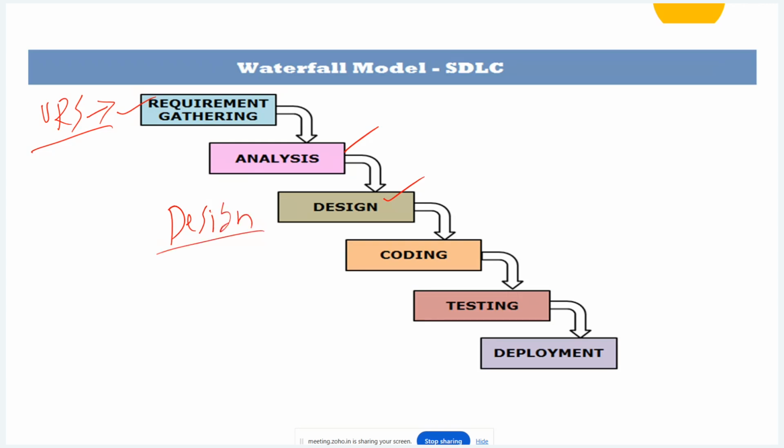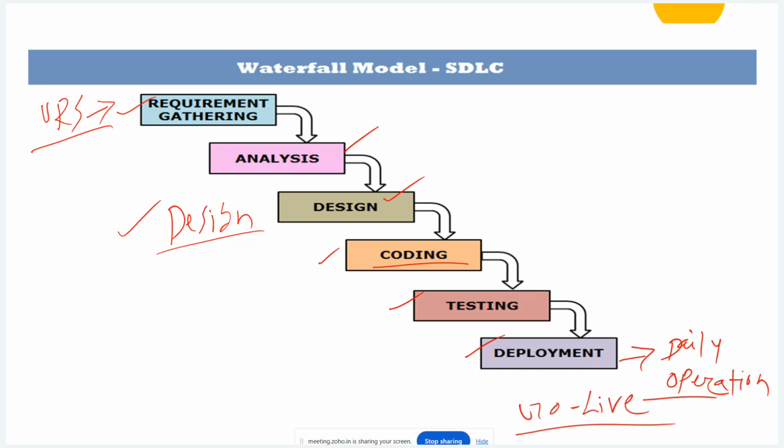Designing of the software. If you're okay with the design, he will code the program. Software will be coded, software will be developed. Once your software is developed, there will be testing of the software. If testing is successful, you can deploy the software. Deploy means release the software and use it on a daily routine basis, daily operation. That is called deployment or go live, the technical terminology. Go live of the system. This is why it is called waterfall, because it looks like a waterfall only: water falling from the upper side to the lower side.